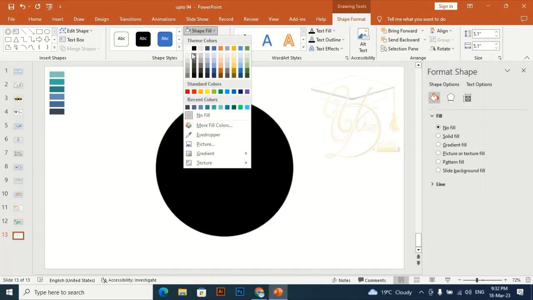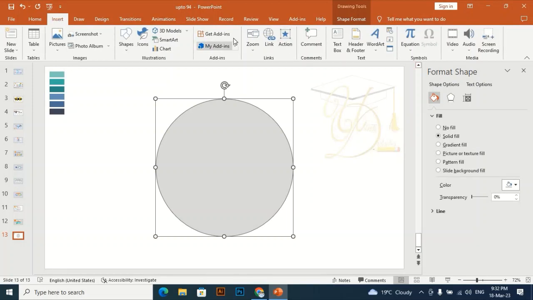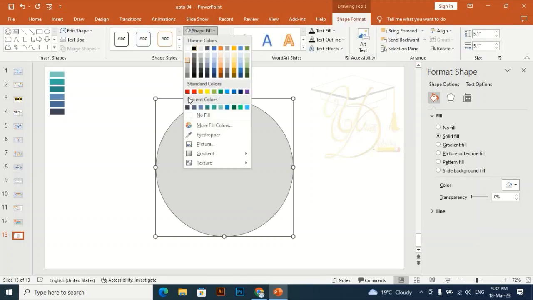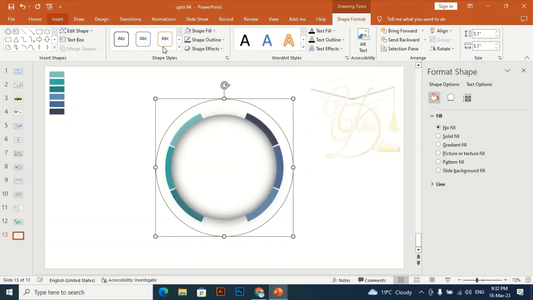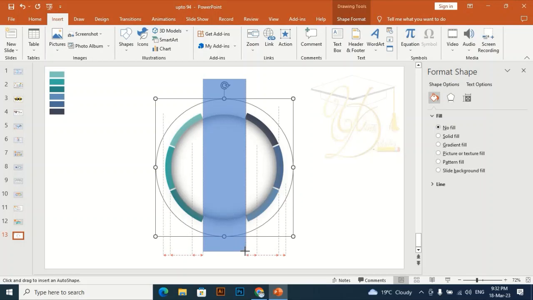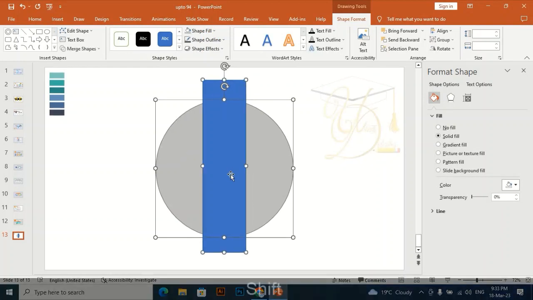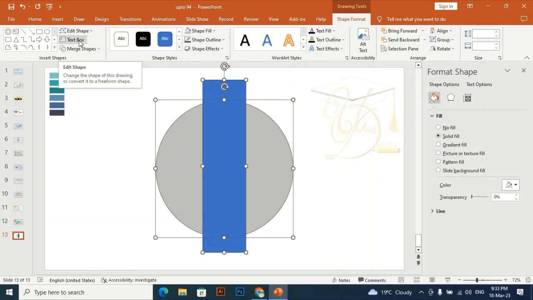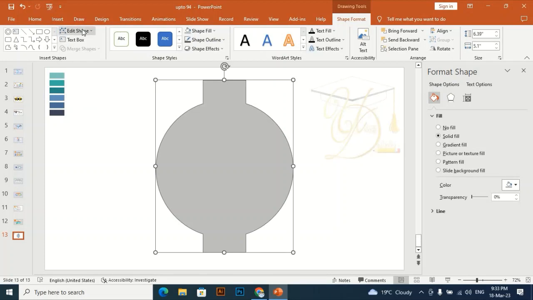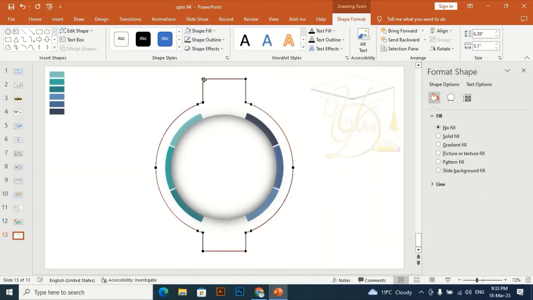give it some fill for now, and go to again insert and take a rectangle and drag a rectangle. Okay, give it some color, select both, merge shape, union, and let me shape fill, no fill, edit shape, edit point, open path,